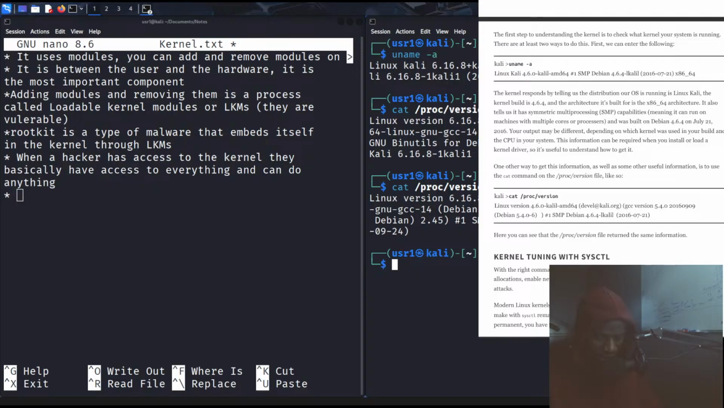Modern Linux kernels use the sysctl command to tune kernel operation. All changes you make with this remain in effect only until you reboot the system. To make any changes permanent, you have to edit the configuration file for the